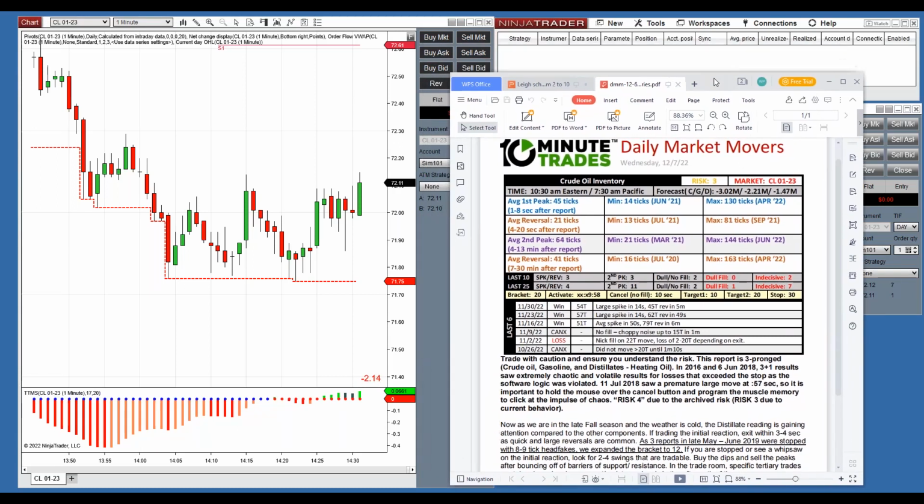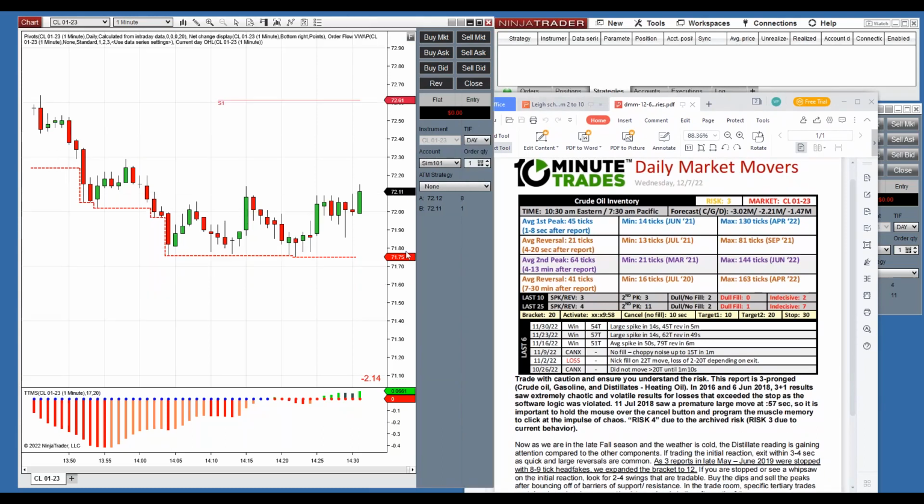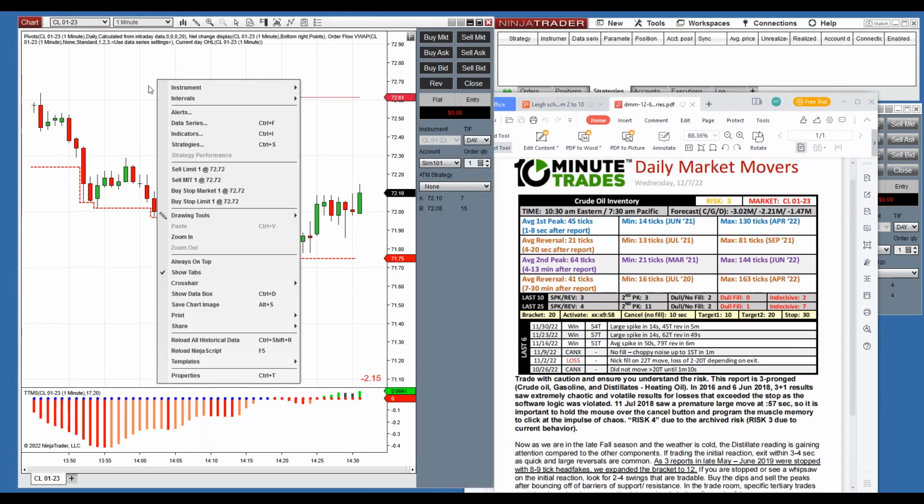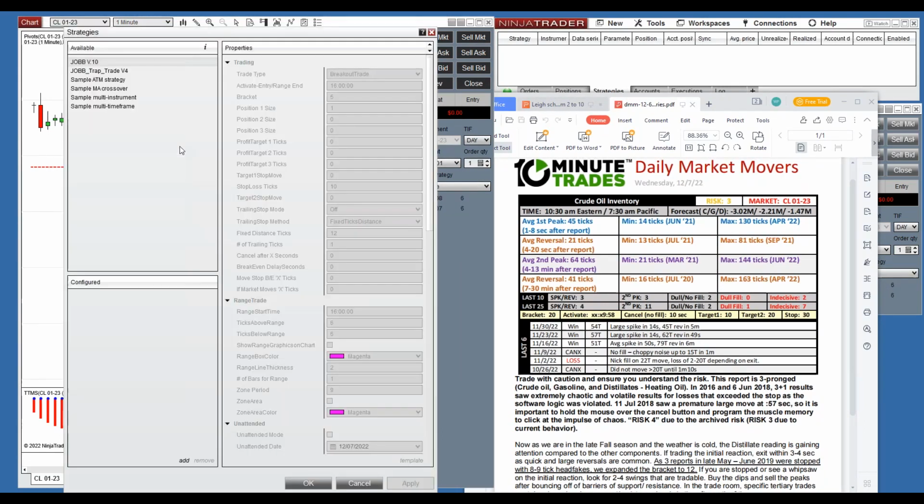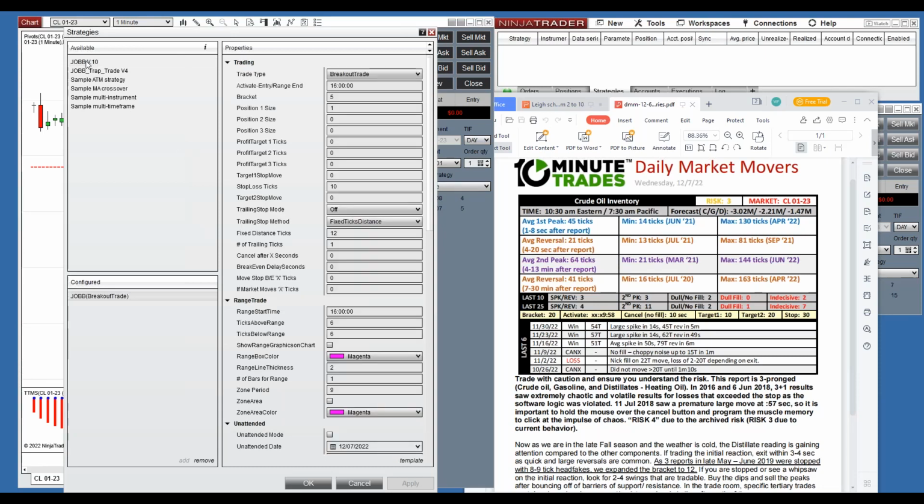So we have a clue. Enter your trade, right? Right click the chart, enter your breakout trade. Double click on the strategy. Make sure you choose breakout from the list. We don't even need the time now. I just want the time on 0, right? I just want my brackets to show up. So the time can be 0, but I have a bracket of 20, okay? For testing purposes, that's going to tell us what we need to know about this trade.